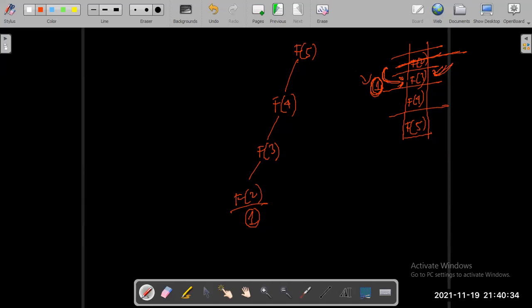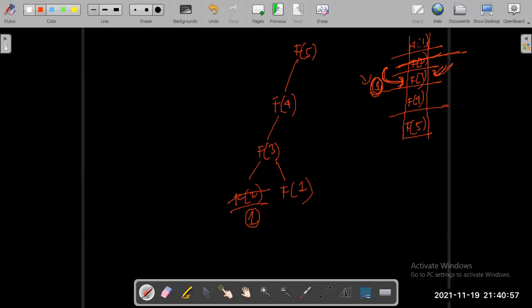This particular value will be returned there. Getting it? Right now, see, f of 2 has got popped out. F of 3 requires f of 1 also to be calculated, right? So now f of 1 goes into the stack.